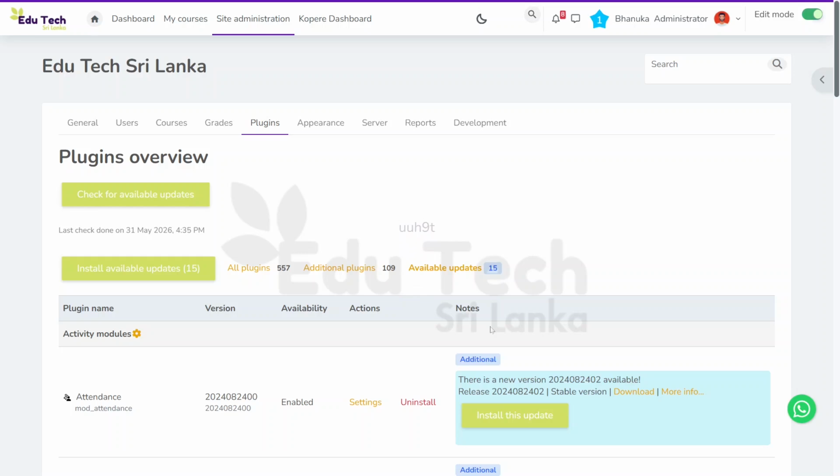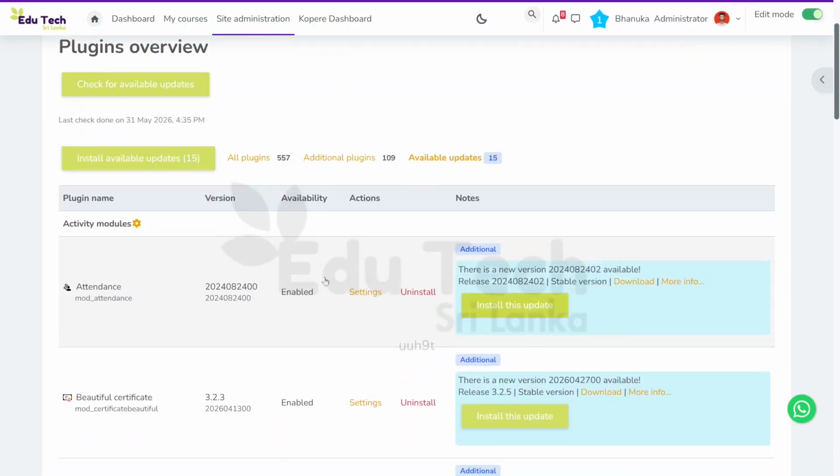It will protect your system from unexpected attacks, unexpected logins. So this is highly recommended. And in addition to that, now we know plugin versions, we know how to update them.